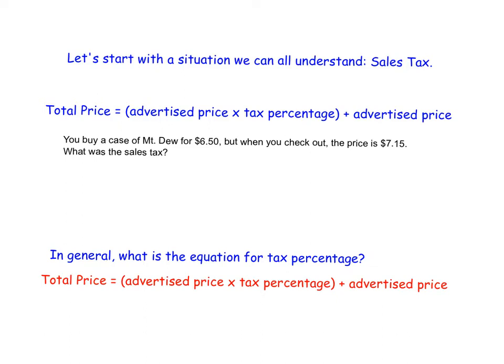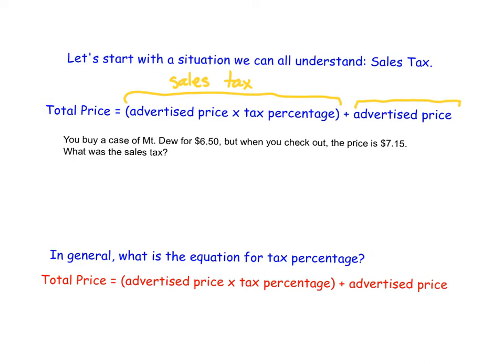What I mean is this amount right here in parentheses is how much the sales tax is. The way they figure out how much tax to charge you is they take the price times that tax percentage, and that's how much tax. Then you have to add on the sticker price,